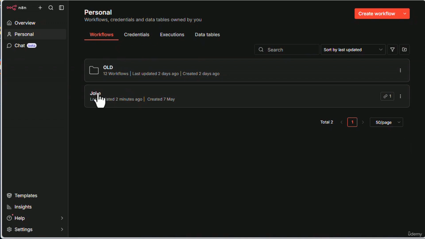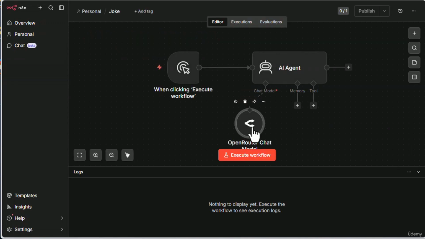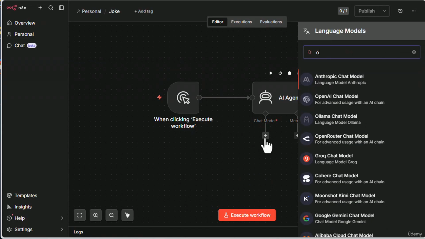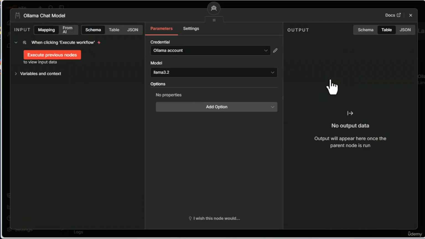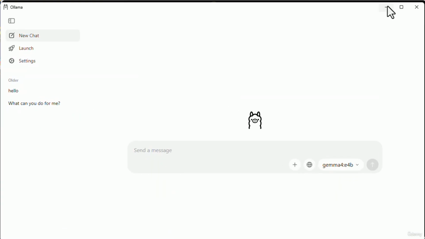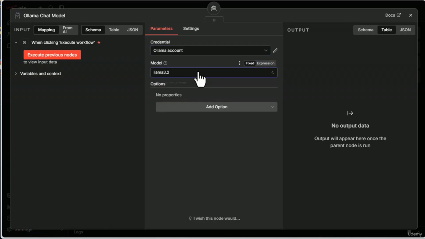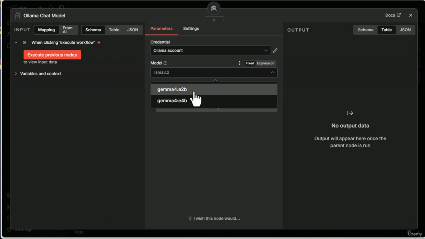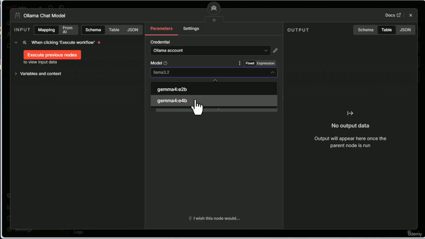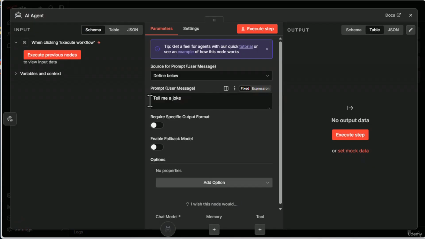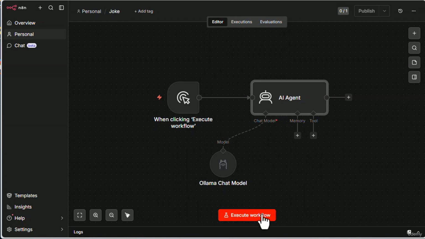Let's go back to our joke workflow, and I'm going to remove that. Let's just close that so we can see. I'm going to remove the open router, and let's add instead an Ollama. Now this is on my own computer. For this to work, as I said, the Ollama has to be running on your computer. I can select the credential, and then I can choose the models that are installed in Ollama. And you'll remember that I showed you we've only got two installed in there, E2B and E4B. So that's working, and we'll leave the AI agent as it is, tell me a joke,